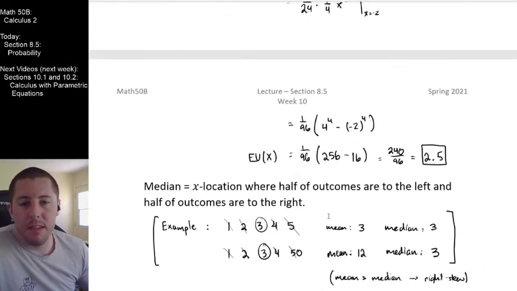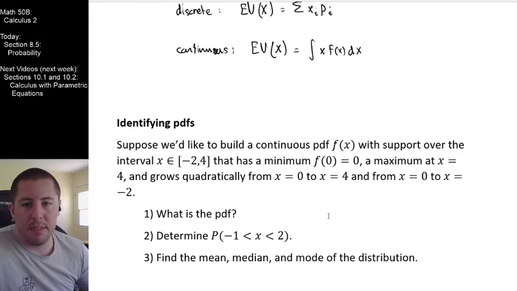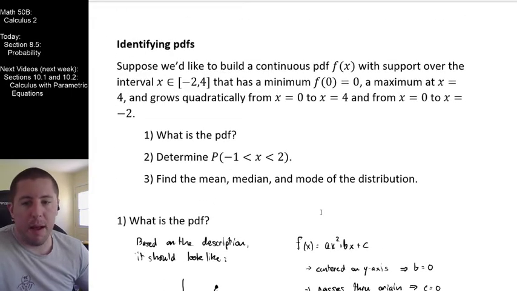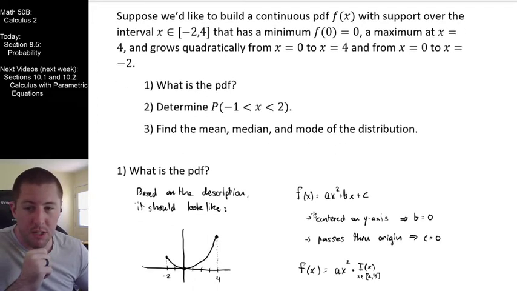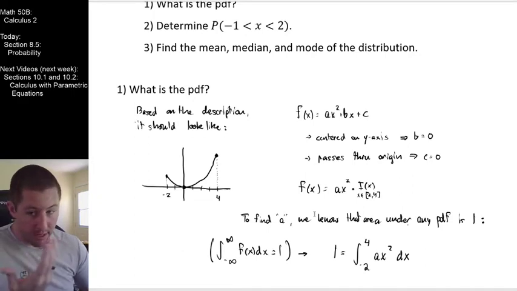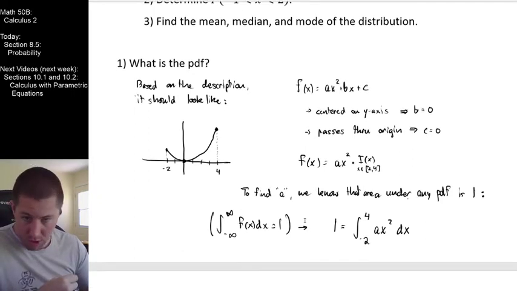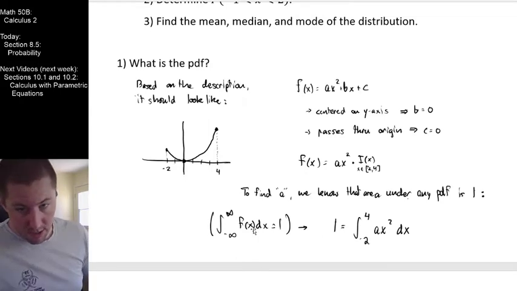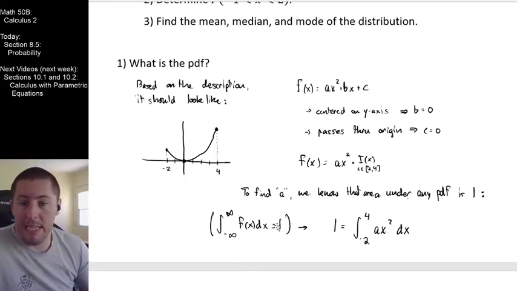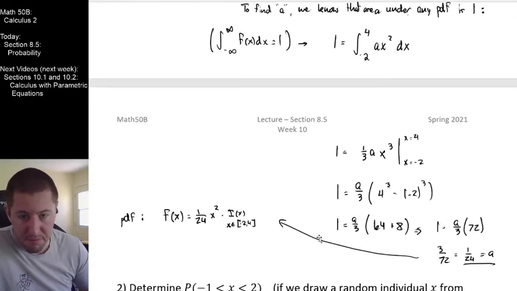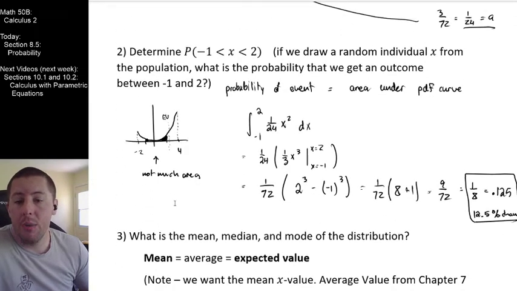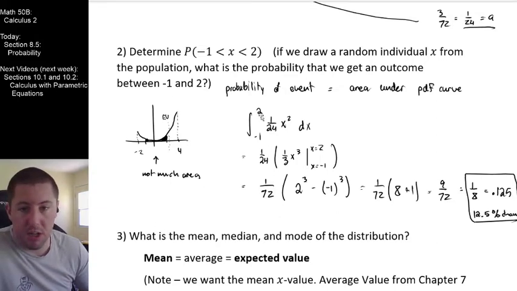So we did some good stuff here. I've got one last thing to wrap us up, but we're essentially done. I really, really like this problem. I like the idea that we should be able to generically describe probability distribution functions without giving an equation or a graph, and you are responsible for determining what the function actually is by knowing a couple of things about how graphs of common functions work, and by knowing that the area underneath any probability distribution function is always equal to 1, and this often helps us solve for an additional parameter that's unknown with the PDF. We just defined how we compute the probability of any interval of interest associated with the PDF by just integrating over those bounds.